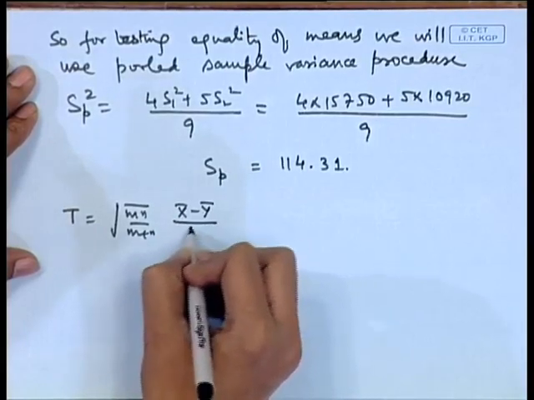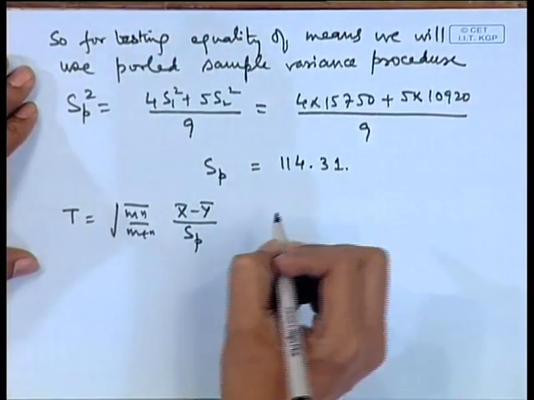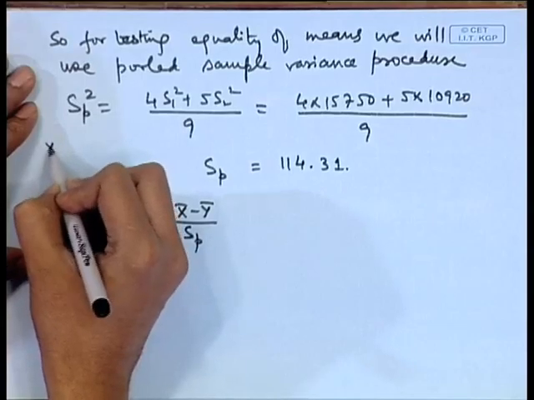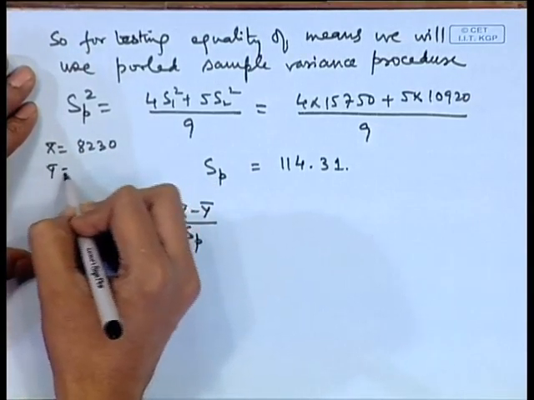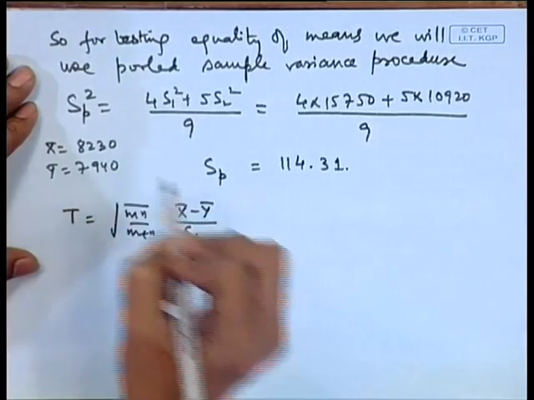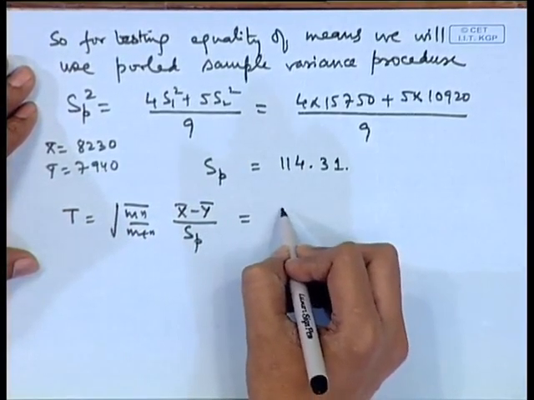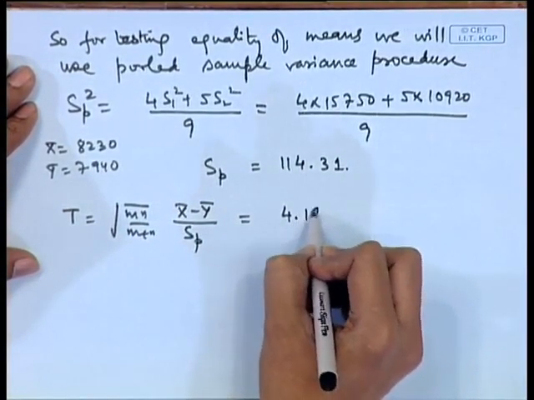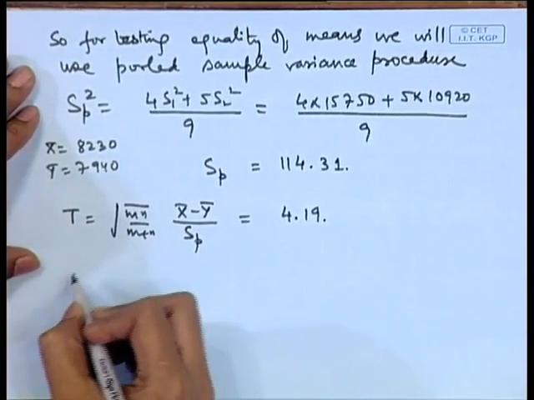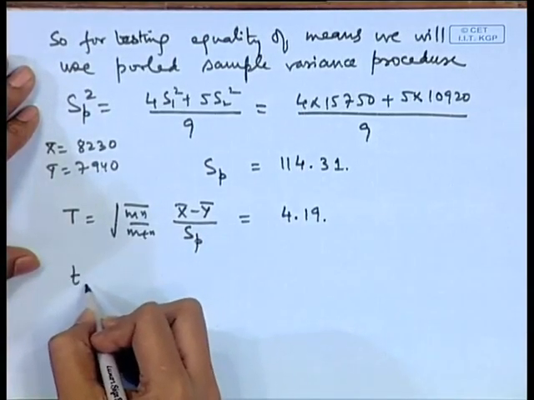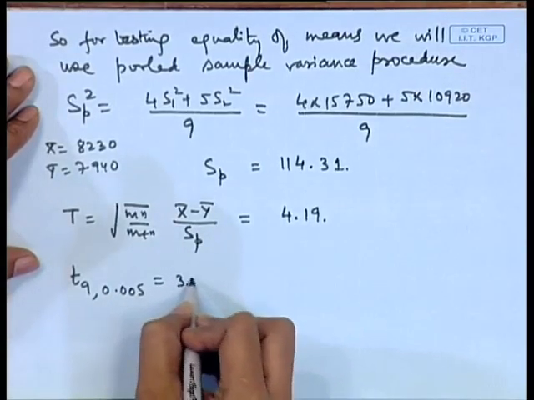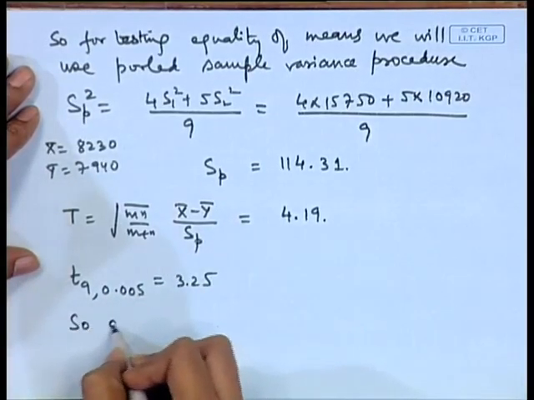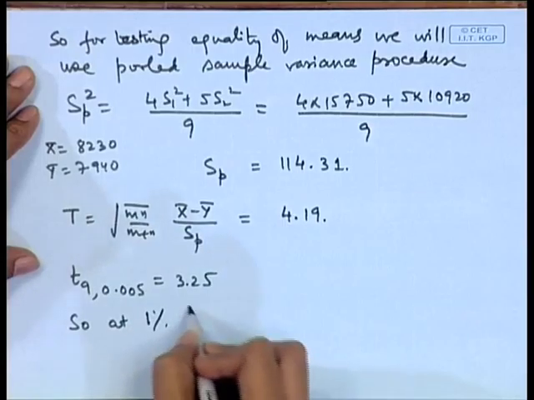So, if we calculate the t variable here, that is root m n by m plus n, x bar minus y bar by S p, then first thing we observe here is that x bar is equal to 8230 and y bar is equal to 7940. So, this value turns out to be, after calculation, 4.19. So, if we see the t values at 9 degrees of freedom, even at 0.005 this value is 3.25. So, at 1% level also